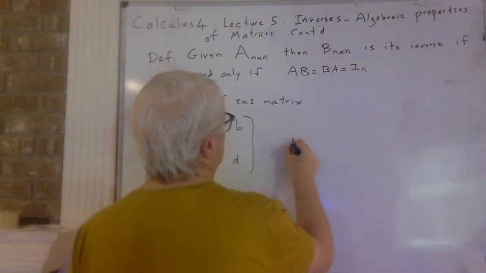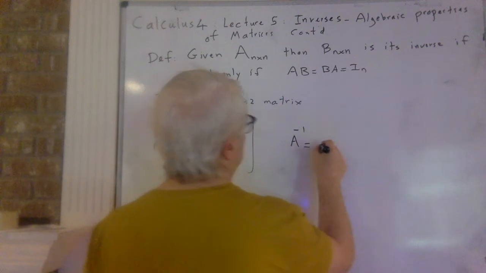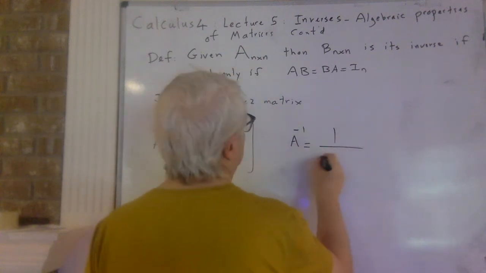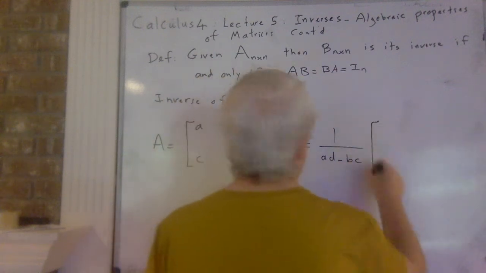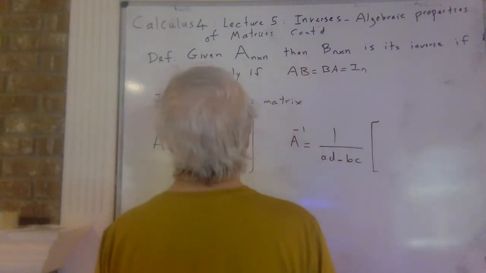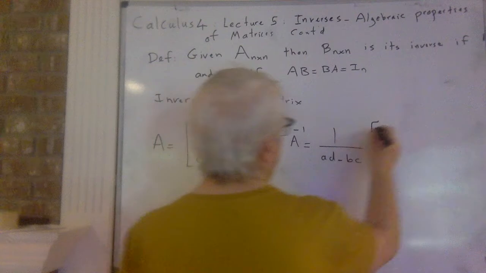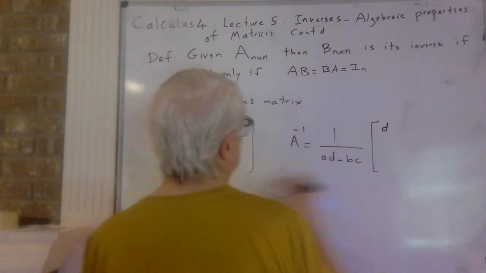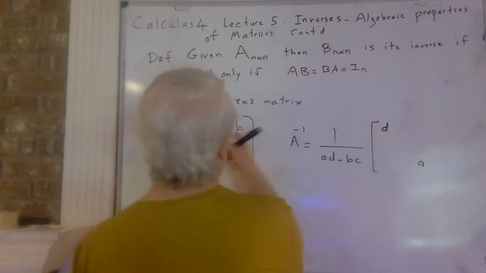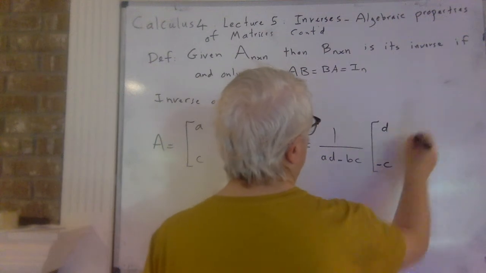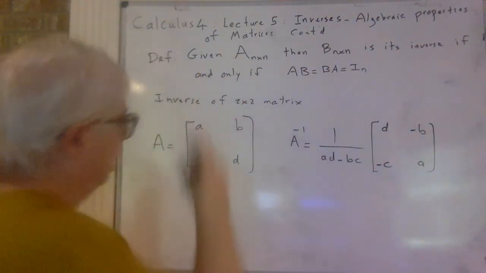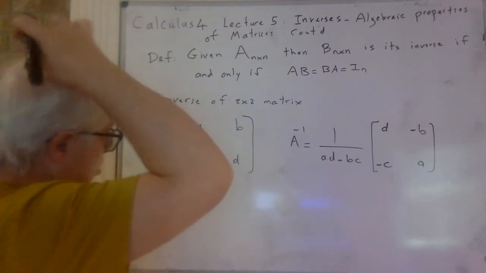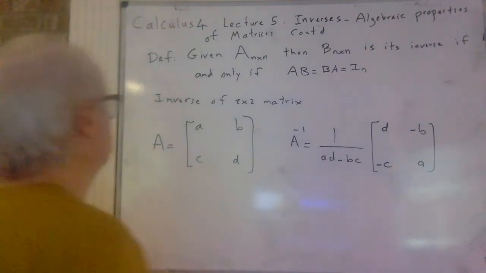So A inverse, if it exists, should be 1 over AD minus BC, times this D goes here and A goes here, and this one will get a minus C and minus B. Let me see if this works. I'm not sure if this works. AD minus BC. I think that's correct. Okay,